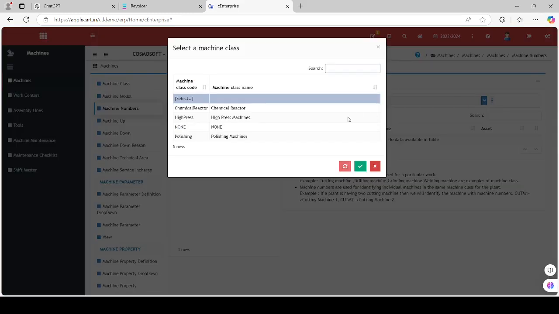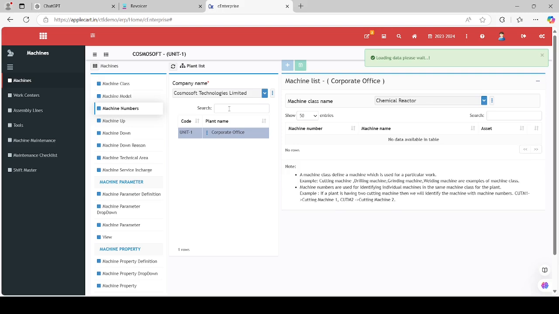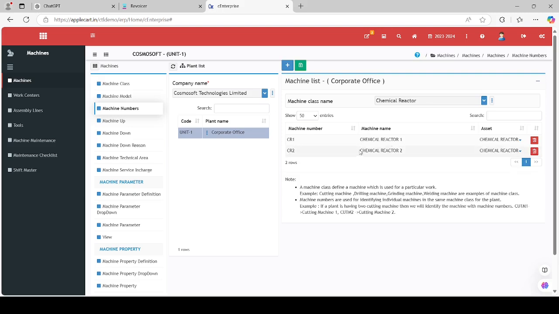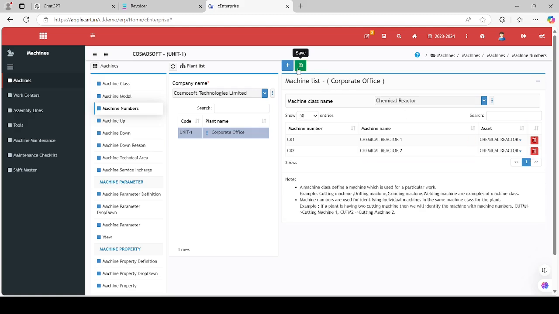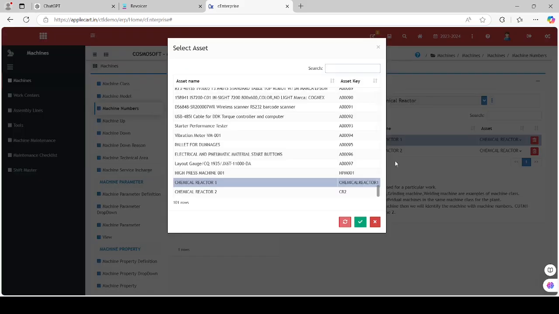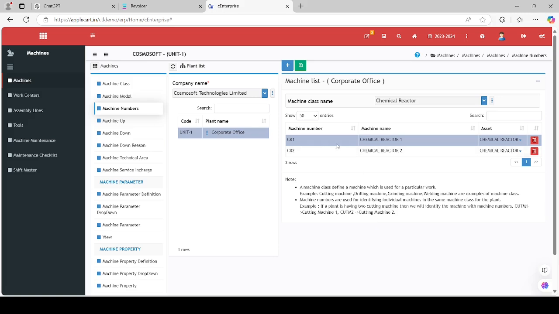Choose the machine class, and a list of machines available in the selected plant will be shown. Add a new machine number and name. An asset key will be automatically generated and assigned to the machine for asset management purposes, although this aspect is not covered in this section.